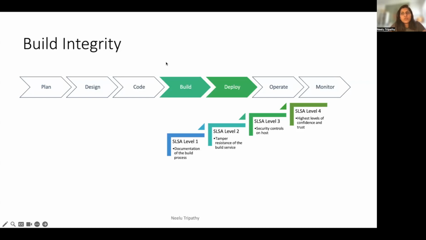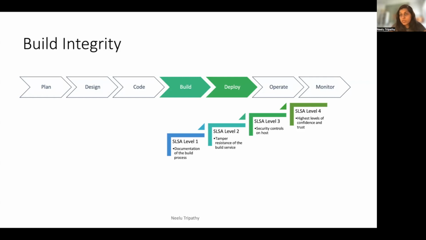There is one aspect also, we were talking about keeping CIA in mind, the confidentiality, integrity, and availability throughout the product security lifecycle that you will have. While confidentiality and availability are not so much standardized when it comes to your build artifacts, there are some standards which are coming up with respect to build integrity and ensuring that, which more or less overlap with your build and deploy stages as well. Now,